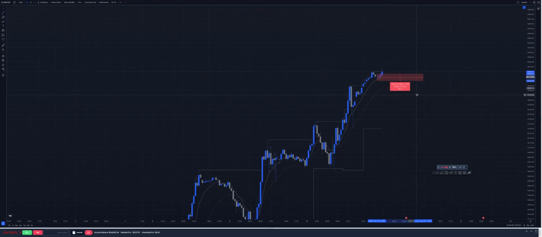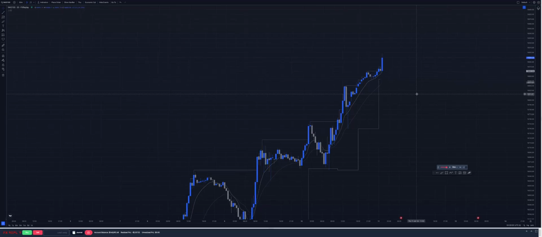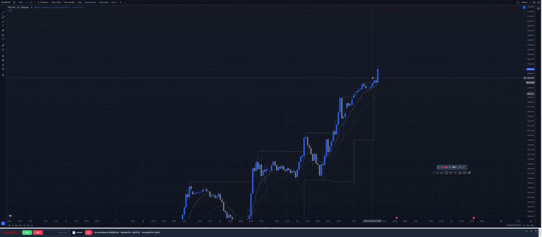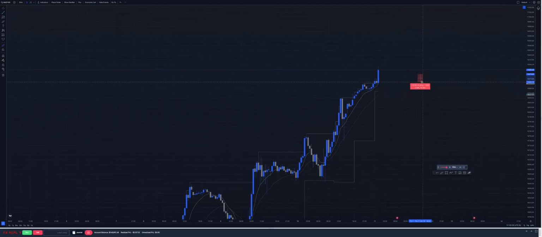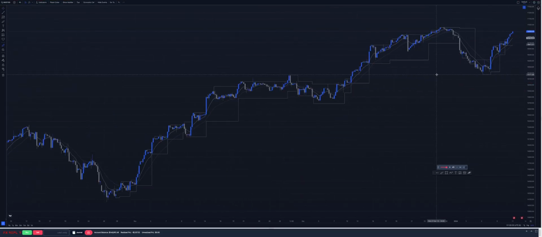I'm going to give it time, even though it's probably going to go. There we go. So this is what I'd like to see. Stage 1, if you want to consider this some sort of stage 1, going into that early stage 2, which is probably going to be the start, early stage 2 of the 4-hour. 4-hour, we already